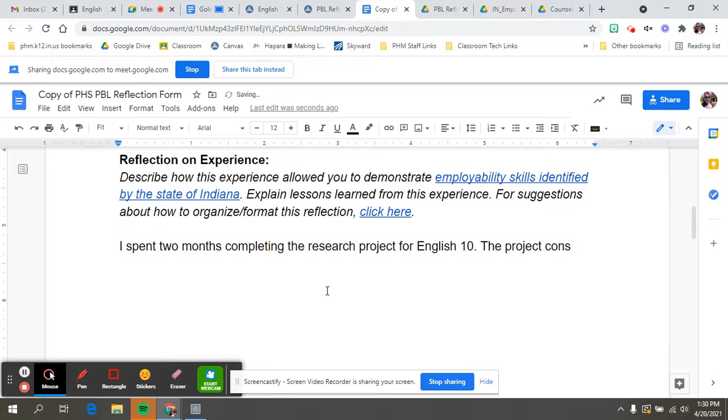So I said I spent 2 months completing the research project for English 10. So now I have duration, and I'm saying the project consisted of several steps, including, and then I'm going to list all of the steps of the project. So the first thing we did, we selected a topic, then we took notes on sources,